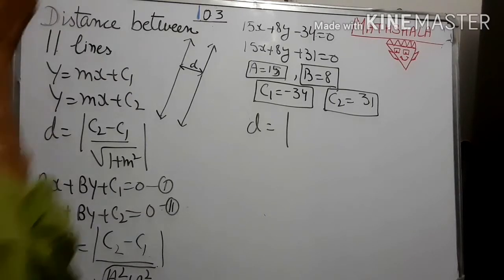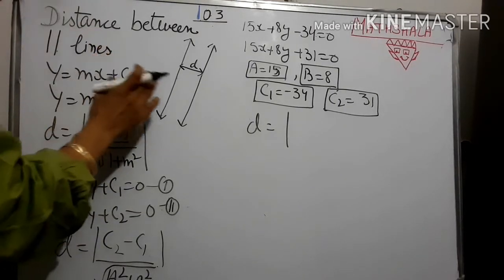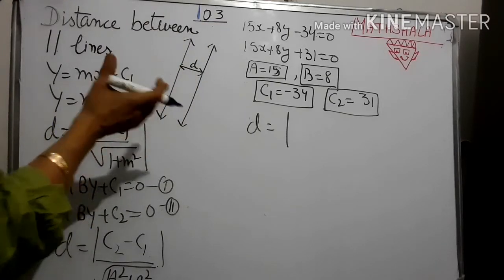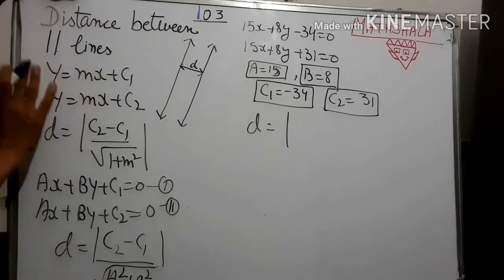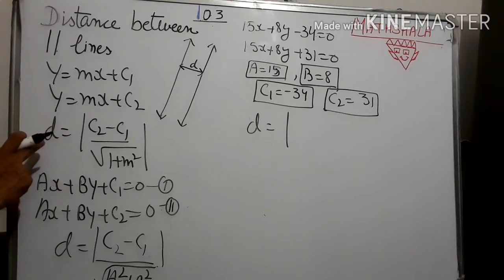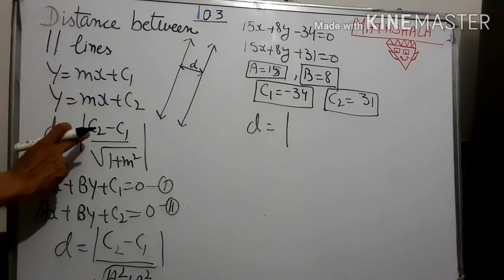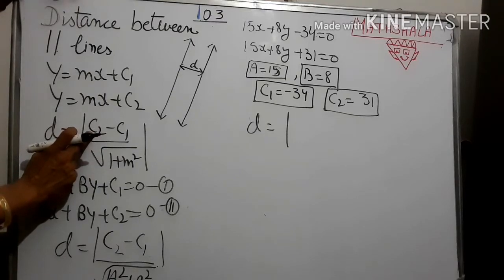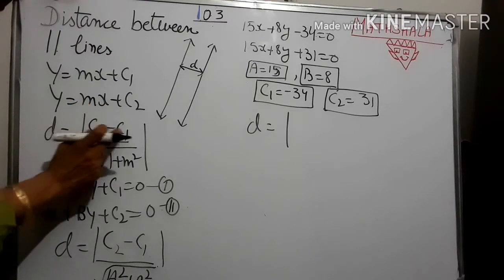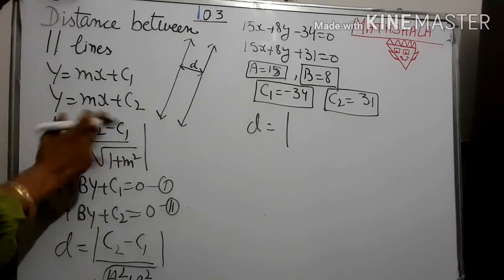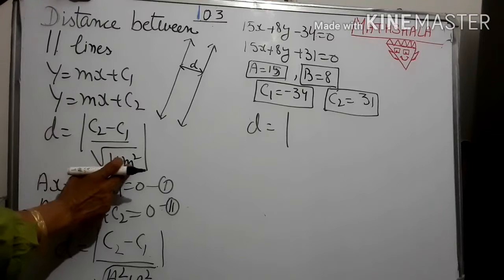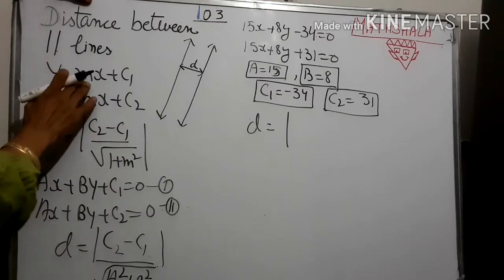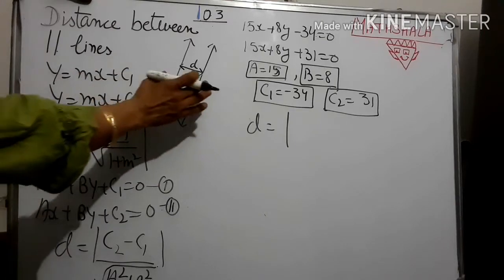So dear students, next is how to find out the distance between two parallel lines. What is the distance between two parallel lines? See, if we have these two parallel lines given in slope intercept form, then the formula is, it is y-intercept of line number 1 minus y-intercept of line number 2. You may write C1 minus C2 or C2 minus C1, hardly makes any difference because we have mod, divided by square root of 1 plus m square, that is the slope of line. Slope of line will remain the same for two lines because lines are parallel.